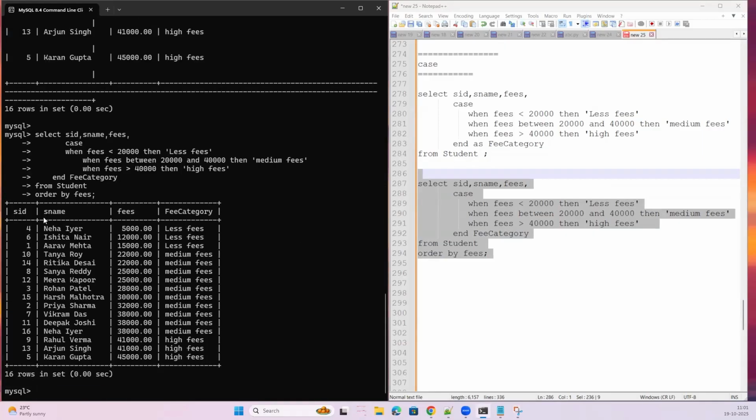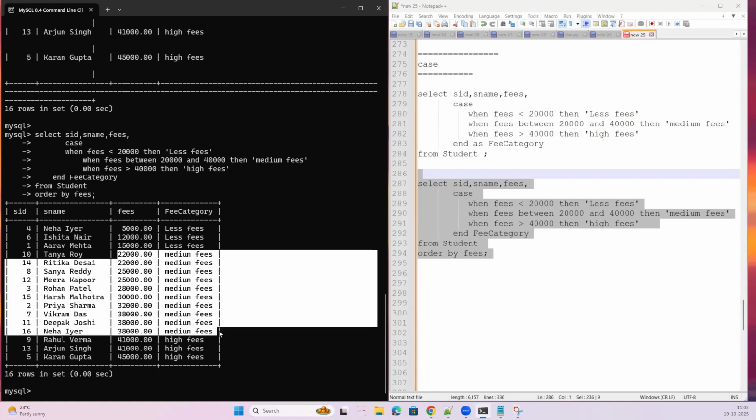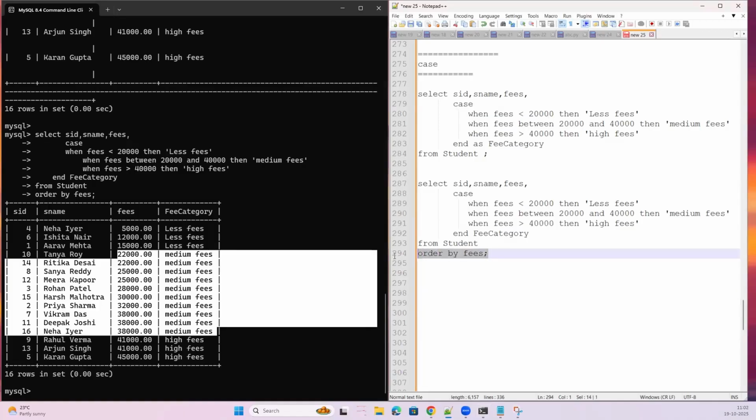Now it looks a little bit beautiful because you have SID, S name, fees, and then the category also. Wherever it is less, it will give you less fees. Wherever it is more, it is going to give you high fee. Otherwise, between 20 to 40, it is medium. This happened only because I gave order by fees. If I didn't give order by fees,